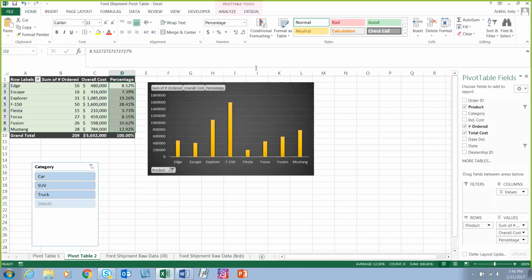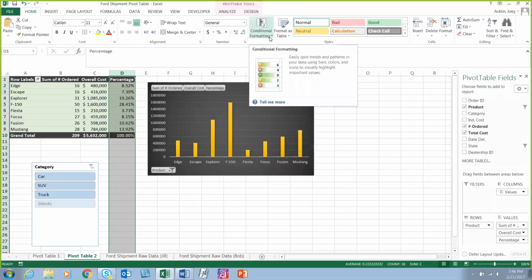Add conditional formatting, to highlight certain things if they're positive or above or below, which is really cool and really visually appealing to see right away who's hitting their goal and who's not, or where you're struggling. Maybe not as easily as highest to lowest, but it's good to see that. So what I'm going to do is highlight the whole column, click on conditional formatting,